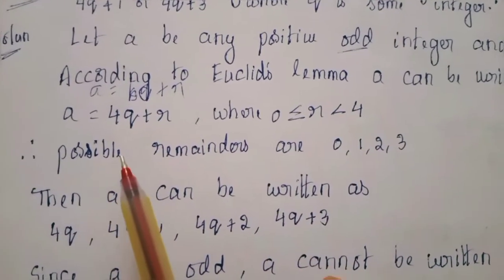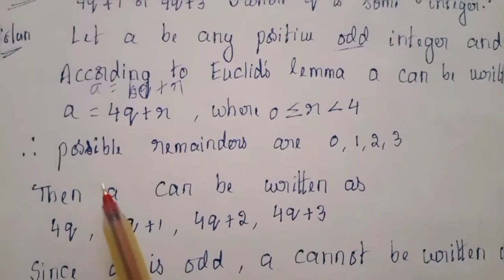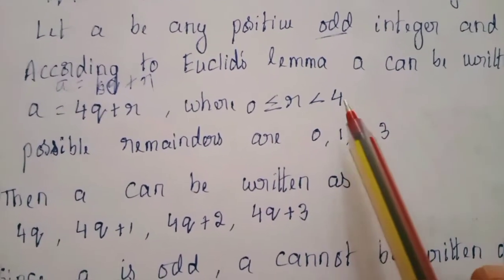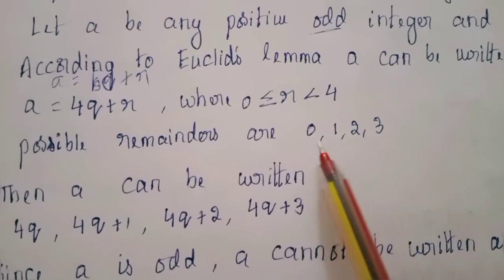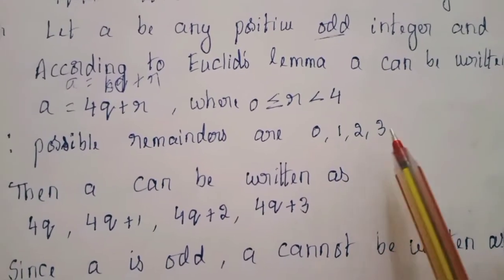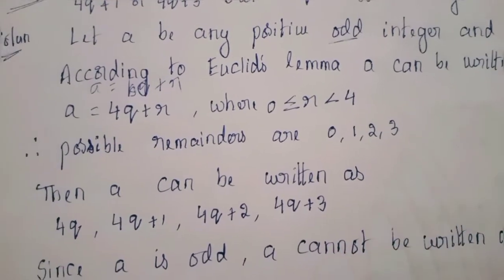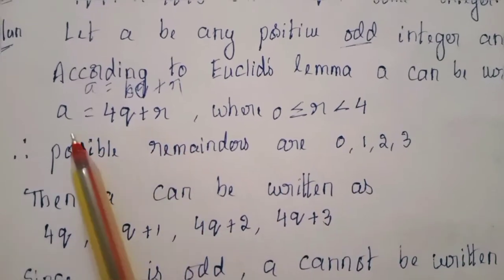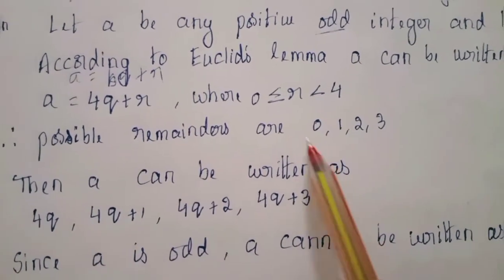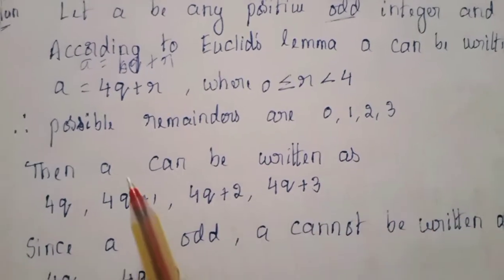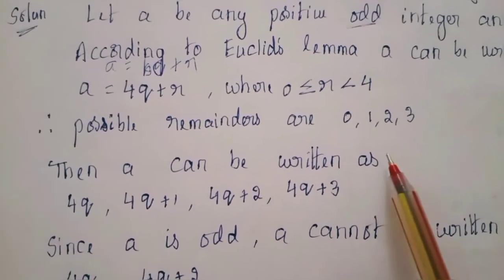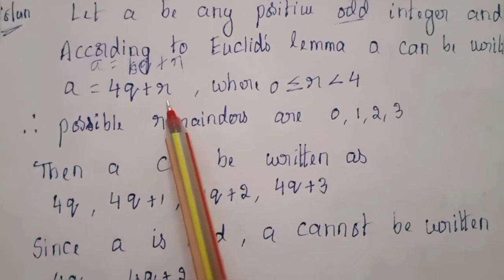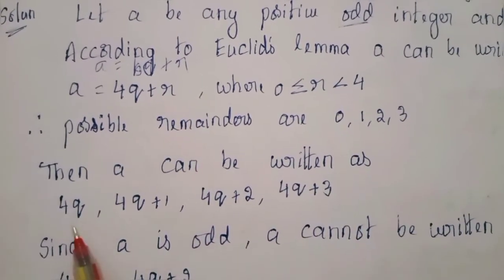So I got one idea now what are the remainders. Therefore, the possible remainders are, you can see this condition and write the possible remainders less than 4. 0, 1, 2, 3 are the possible remainders. So once you get the possible remainders, you have to go on substituting in the lemma in place of r 0, 1, 2 and 3. Therefore, a can be written as, how will you write a now? A can be written as 4q plus r. R is 0. So it becomes 4q.